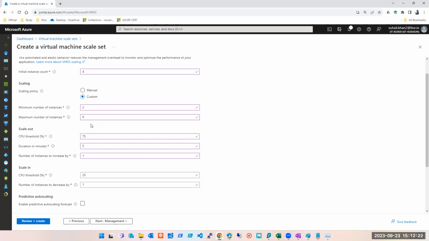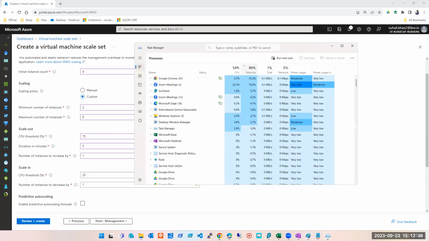It's okay. But now, do I need all those 5 machines? Will my traffic be the same throughout the day? Or will I end up paying an extra amount? Or do I have to go manually and decrease the machines? So for that, we have a scale in policy. Now, what does the scale in policy say? Similarly, like we saw here, that if it is going beyond 75, then create the machine. Same thing I will say, the average of all these machines and the CPU utilization, if it goes